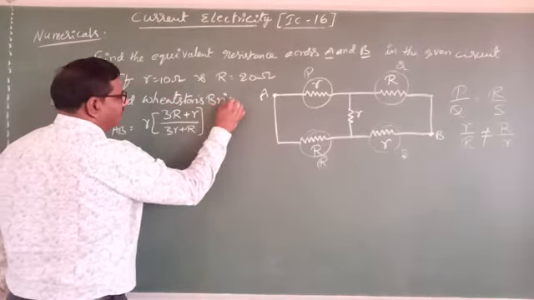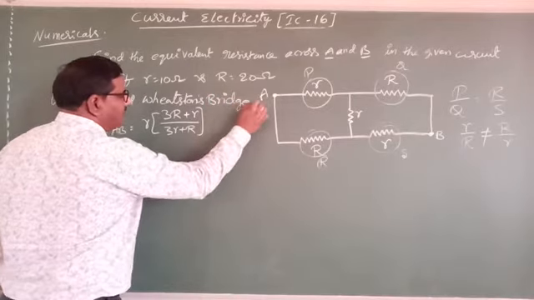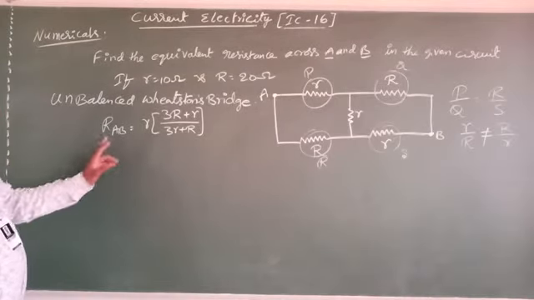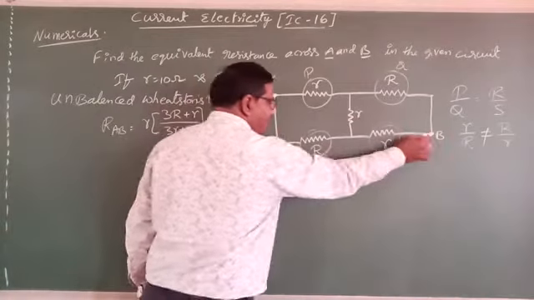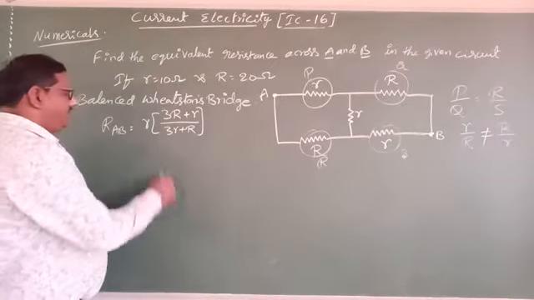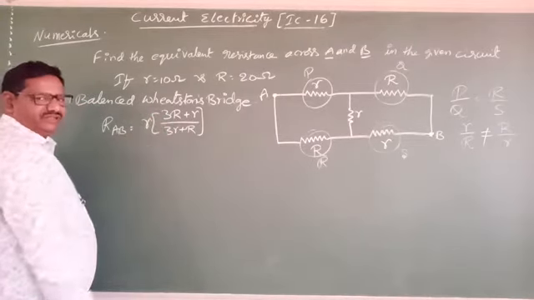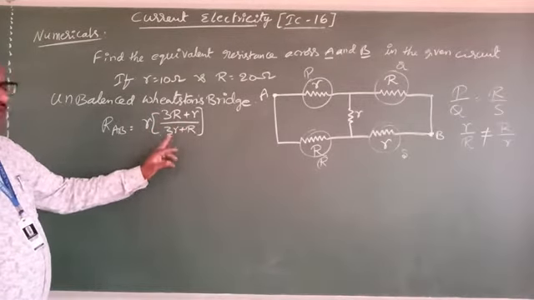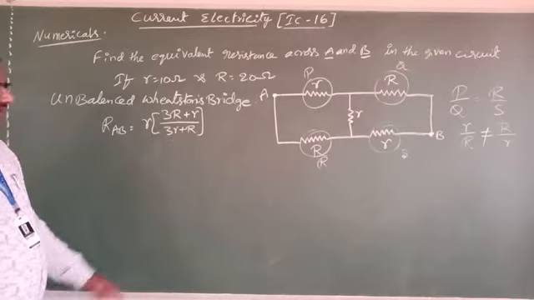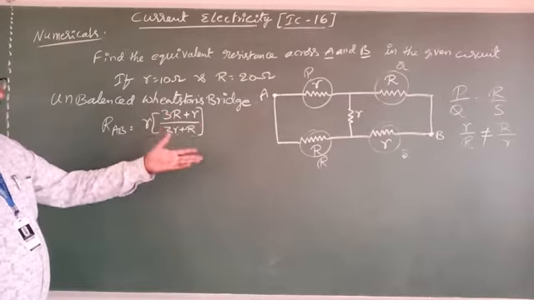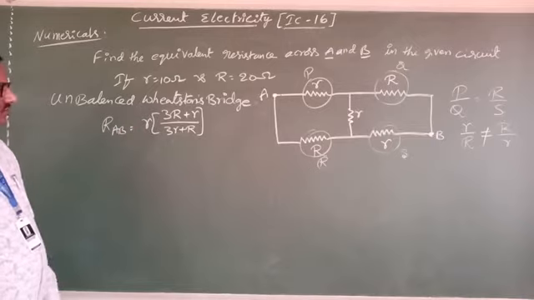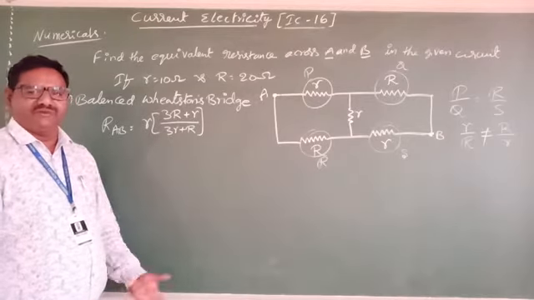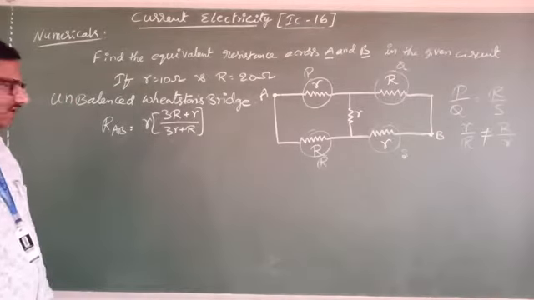Okay. In an unbalanced Wheatstone bridge, what is the effective resistance? We give one shortcut. What is that? See that? RAB, the effective resistance between A and B. That is very simple. Already we derived one big formula with letters. Now directly I give: small r into 3r plus r by 3r plus r. Here 3 r's are there, like P, Q, R, S. So we can write P plus Q plus R plus S like that, so 3r plus r, totally 4r, if small r equals capital R.